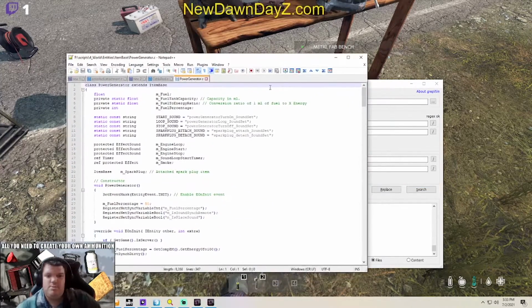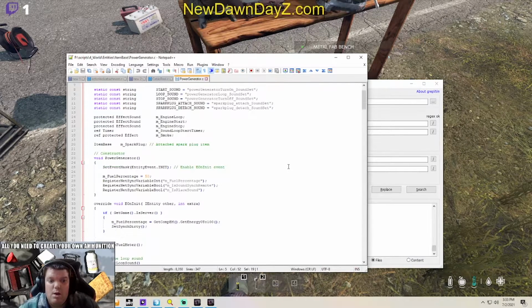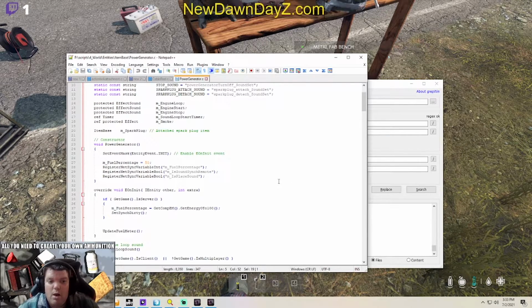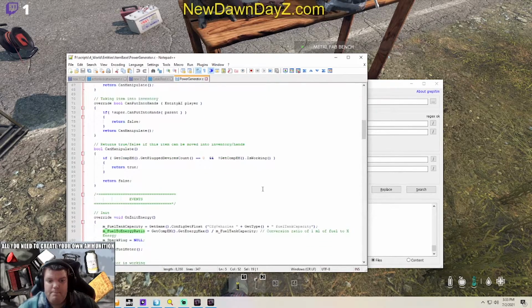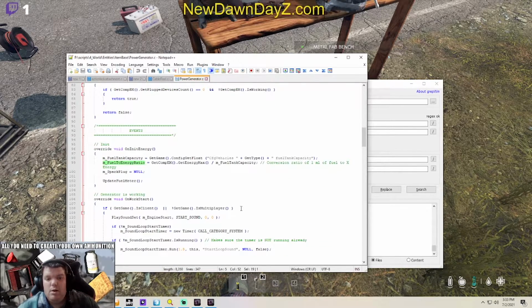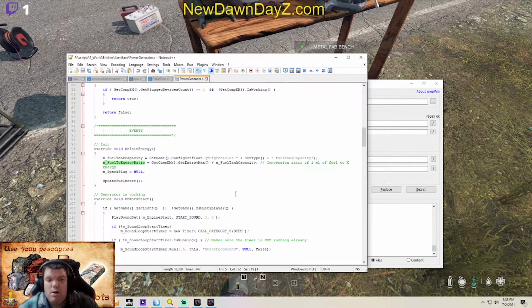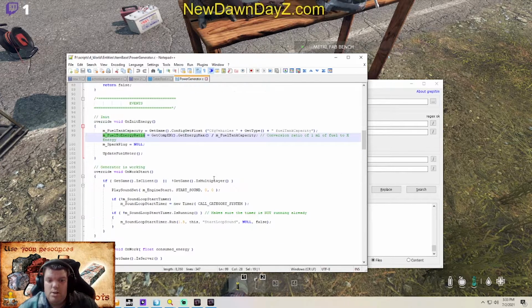Notepad++. Alright, so it says here that on init energy, so on work start,